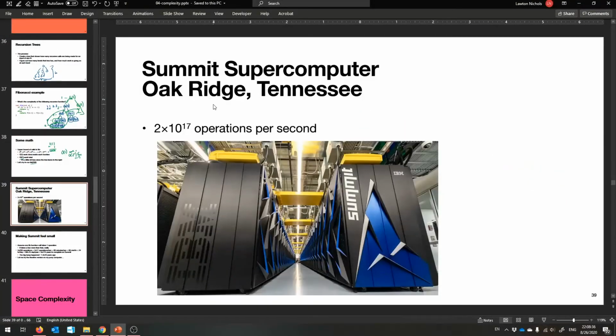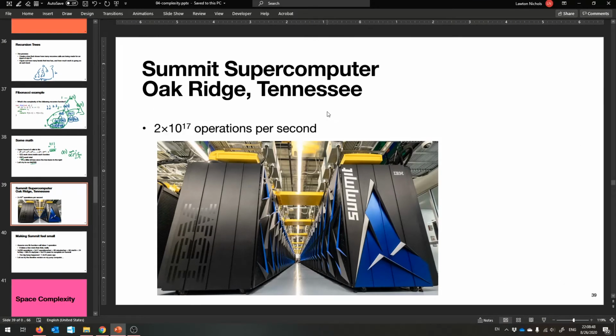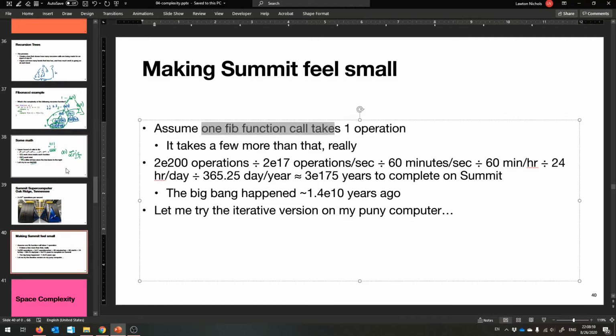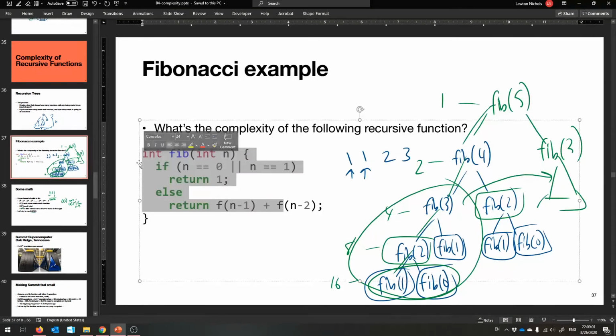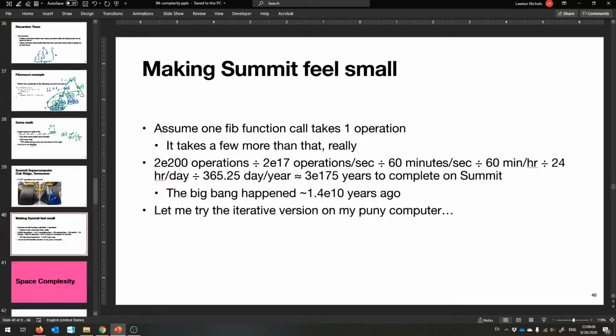So here is the Summit supercomputer, which is in Tennessee. It's the world's fastest supercomputer at the moment. I had to look this up. It has changed. So it is capable of doing 2 × 10 to the 17 operations per second. So Summit, very fast. It is the peak. It's like a mountain, obviously. Well, assuming that one fib function call takes one operation, which is really stretching it because it's doing a bunch of little tiny steps. So it's not technically true, but assuming that that was true,